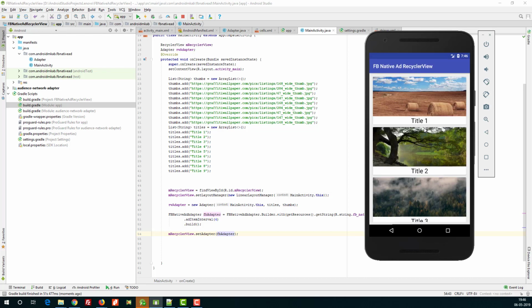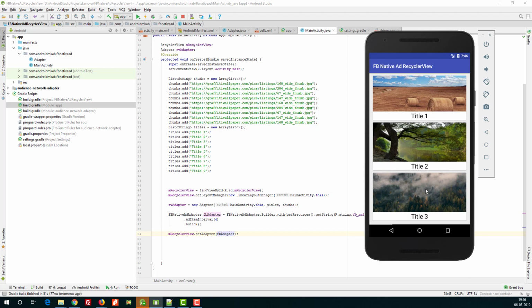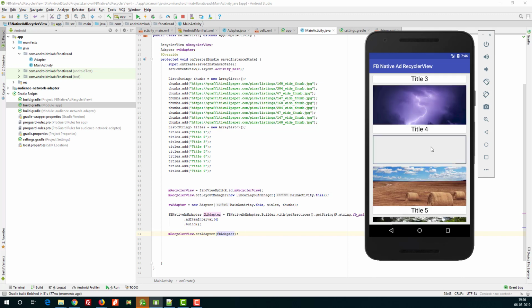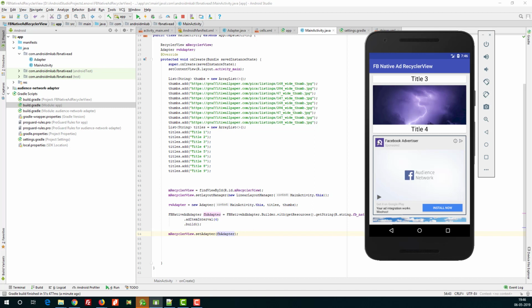So we have set it for the fourth item, right? The recycler usually counts in Java starting from 0, that is 0 1 2 3. You can see the native ad here.